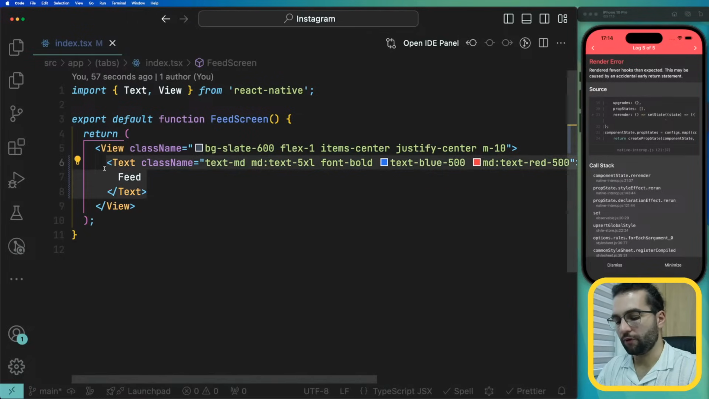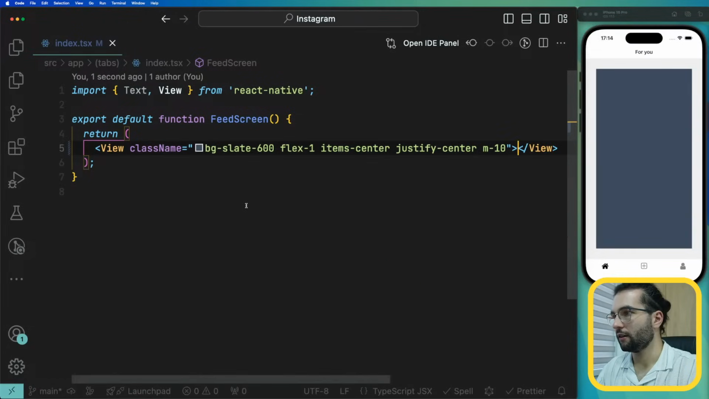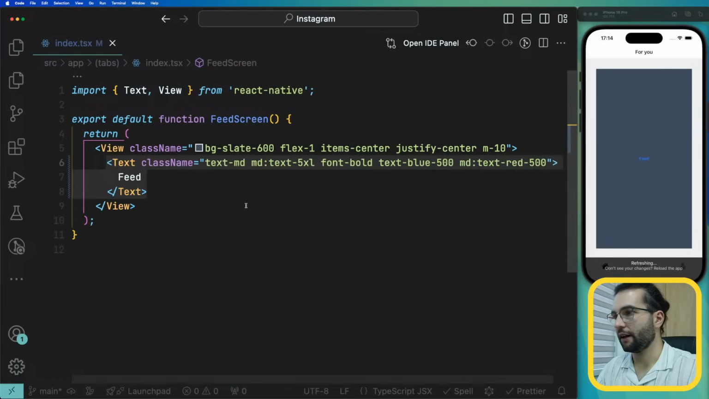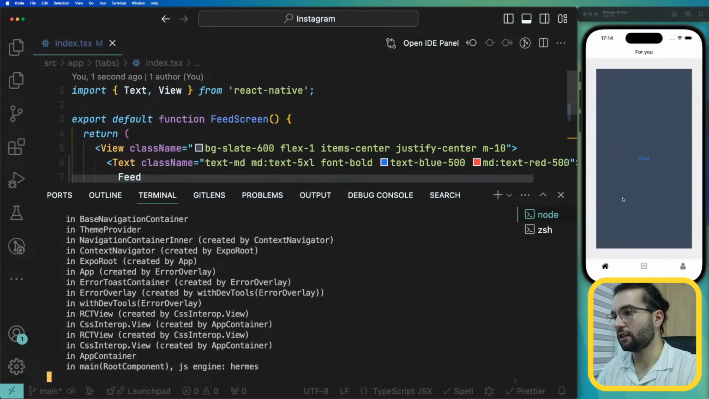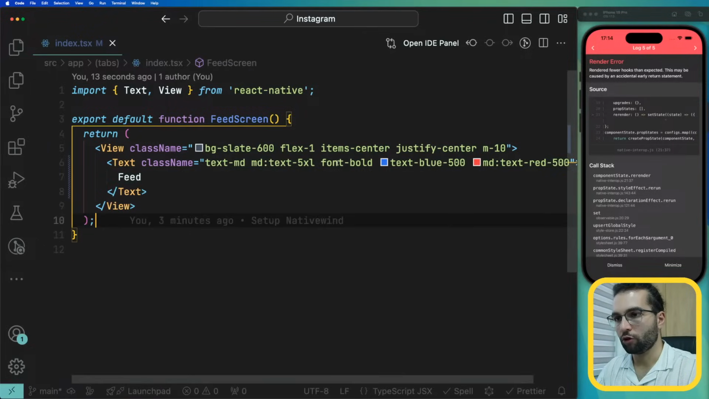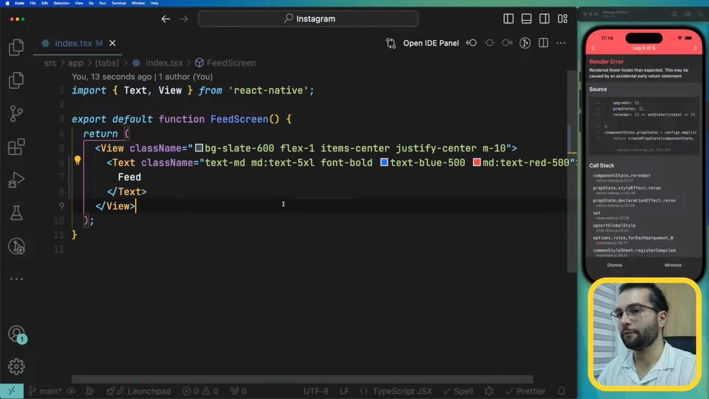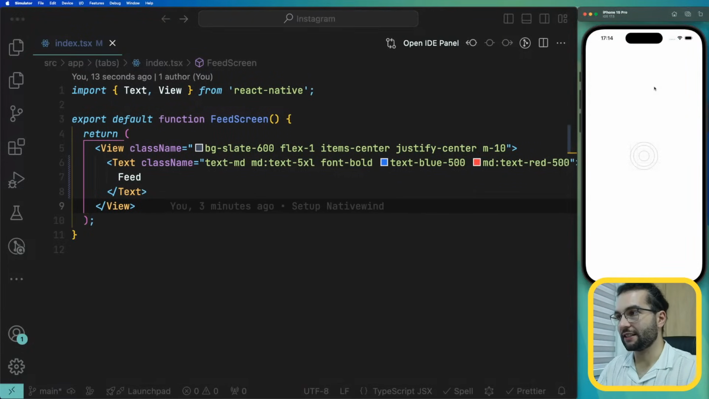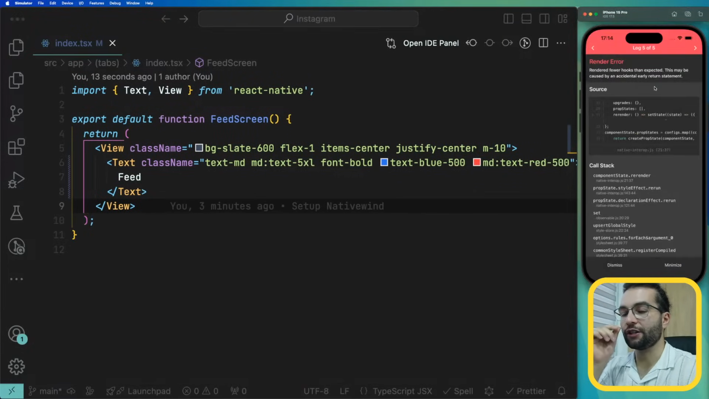Most probably it's because of this one. And if I have it, it kind of works, but if I reload, and most probably it was added by the MD. This might be some bugs that are still being fixed in version 4, because as I said, version 4,